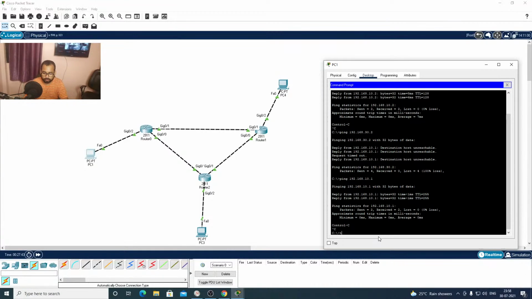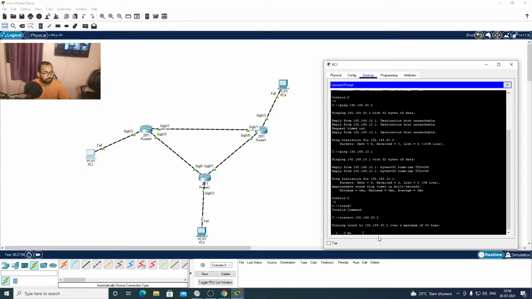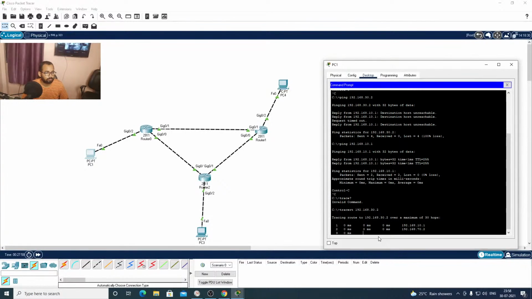So we can trace route and check. Okay, so we can see here it is not forwarding.